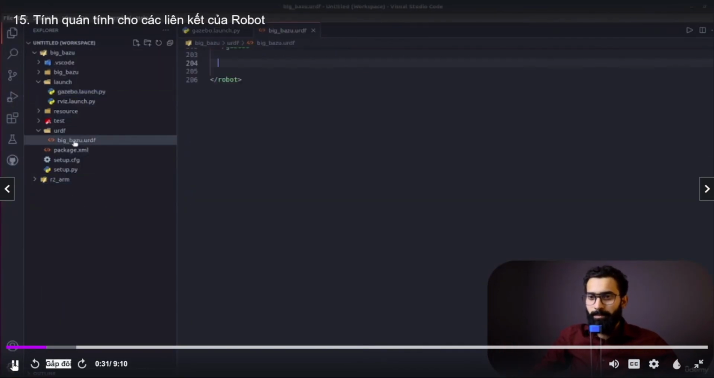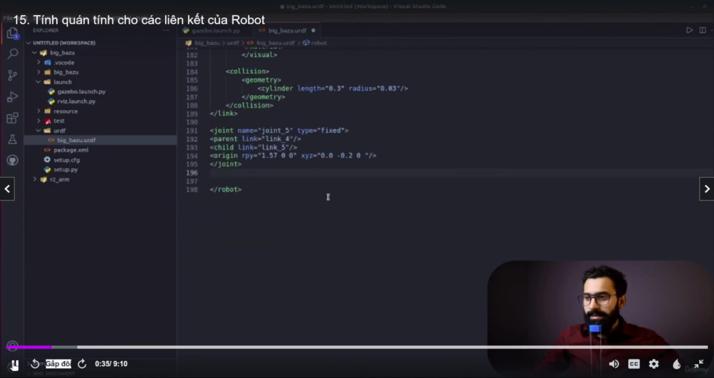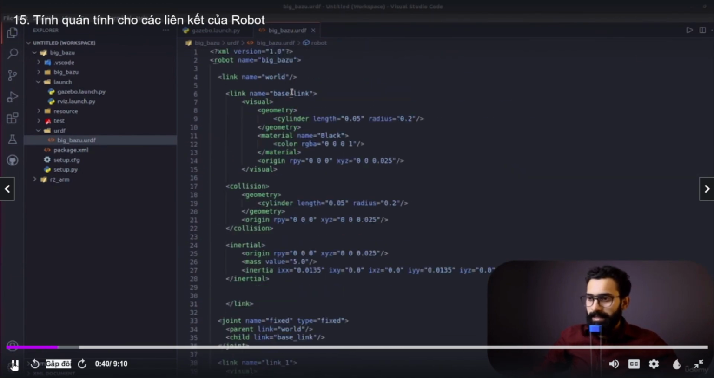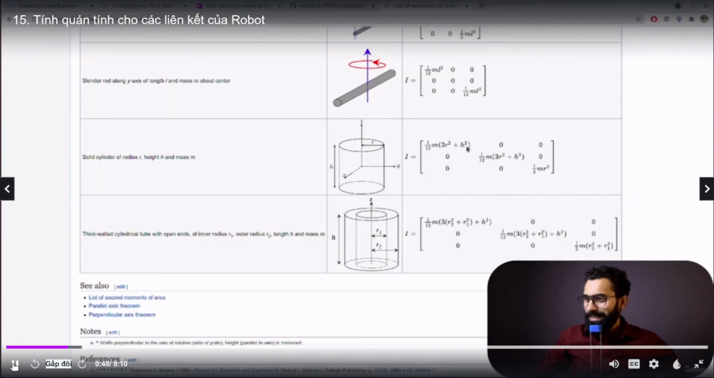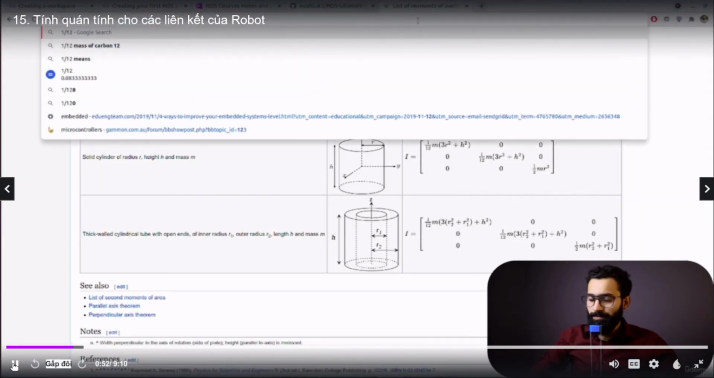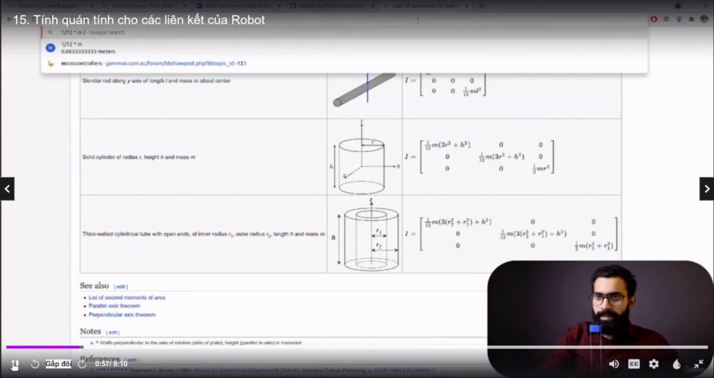If we open up our bigbazoo.urdf, let's start from the first base link. Base link is a cylinder of this radius and length. We need to write the equation here as well: 1 by 12 into m, and that is going to be multiplied by